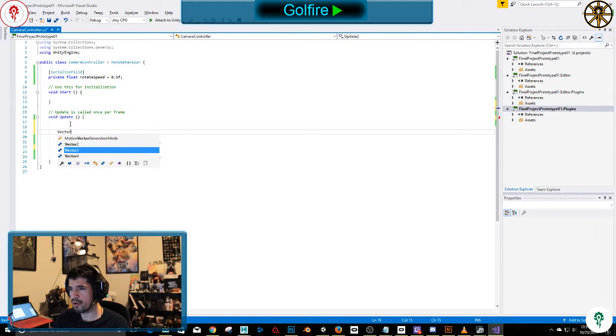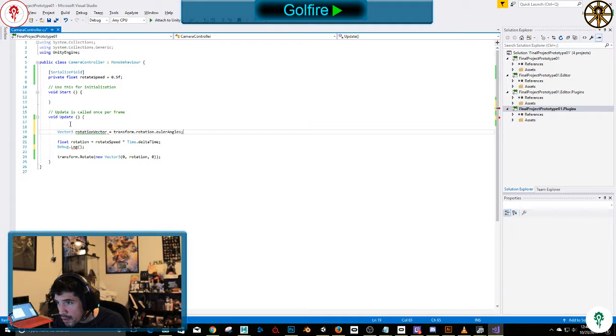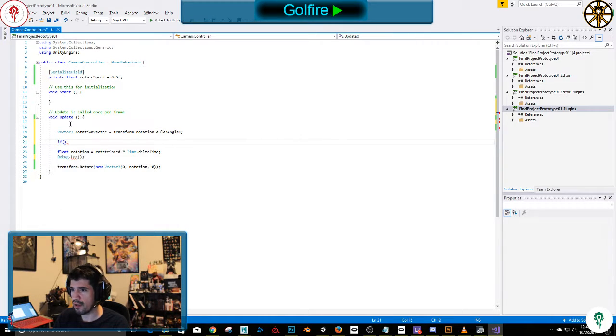So vector 3 is rotation vector equals this, and actually I only, well, let's keep it this. If rotation vector, let's say y dot y more than 90, let's say,